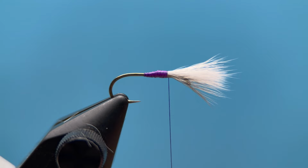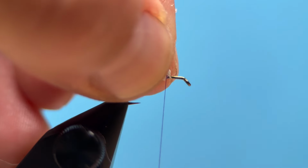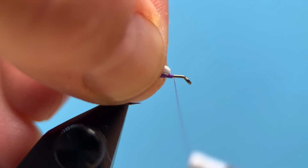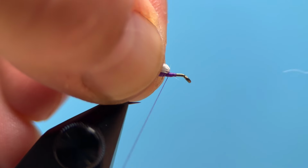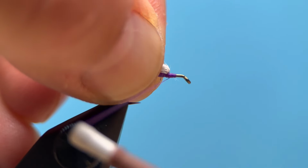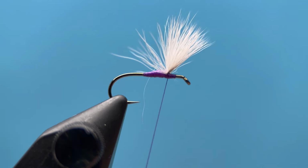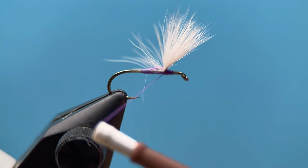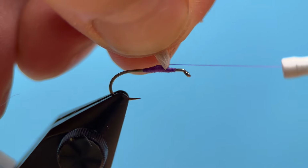And now we're ready to stand up that post, so we're going to pull all that hair back. Now let's make a bunch of wraps really tight up underneath, and also build a little thread base and a taper, and make some turns right up underneath there, and that'll get that hair standing upwards. Now it's going to be flared in a lot of different ways like that. No worries there. We're just going to come in and make a few turns. So come from behind, and we can just gather that hair